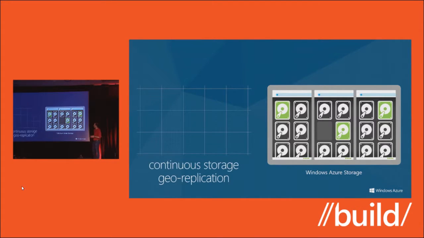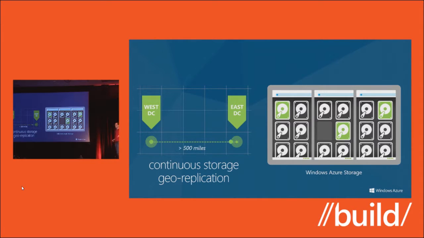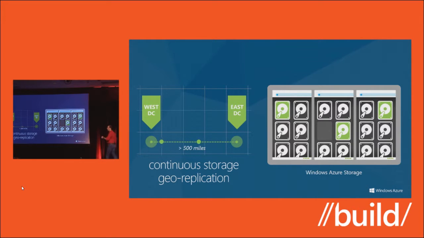Other cool thing that we do is we automatically, on our storage system, geo-replicate in a continuous way all the data that you store in our storage environment. And what this means is, we basically guarantee within about 15 minutes, your data is backed up somewhere else, at least 500 miles away, if you write it through our storage system. That's true for VMs as well as anything written to storage. So in the event of, let's say, a hurricane that impacted your east region, you can know that even in a worst-case environment where a data center was completely lost, you have another copy of it somewhere else 500 miles away. Again, this is true for anything stored in VHDs and storage.